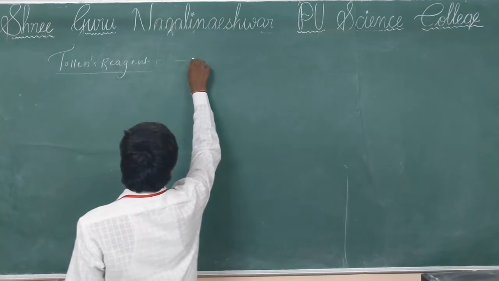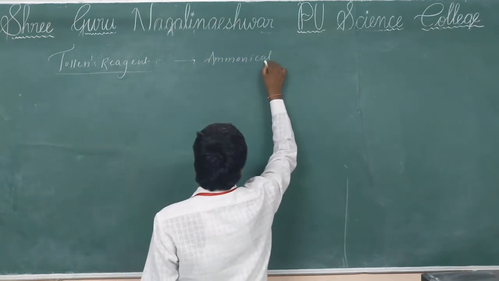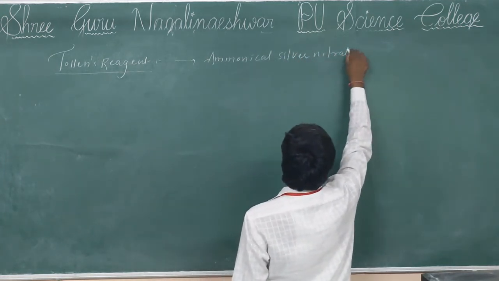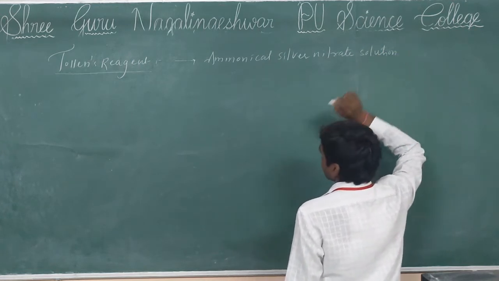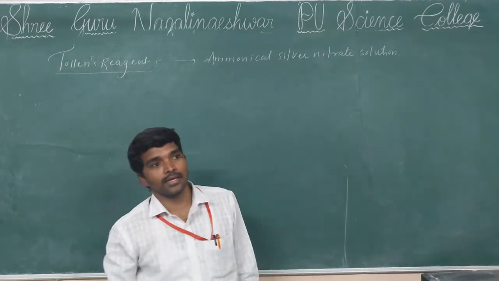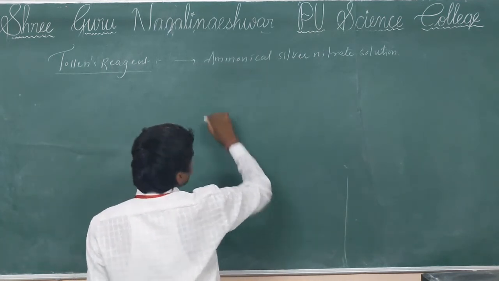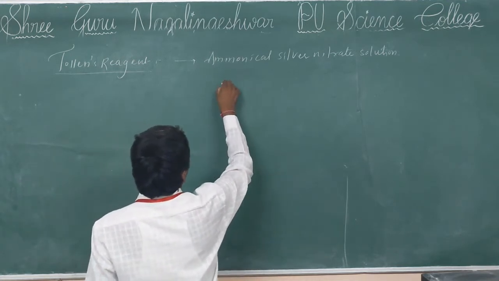Tollens reagent is an ammoniacal silver nitrate solution. Actually, Tollens reagent can be represented like this: